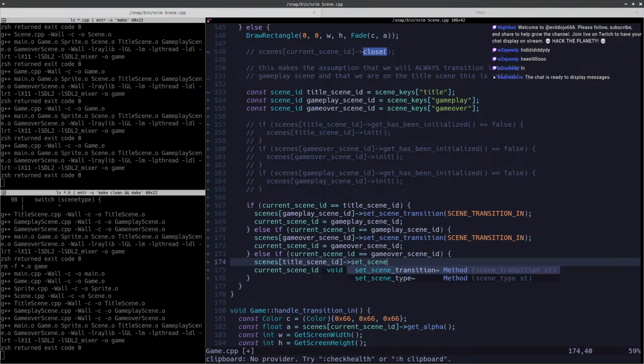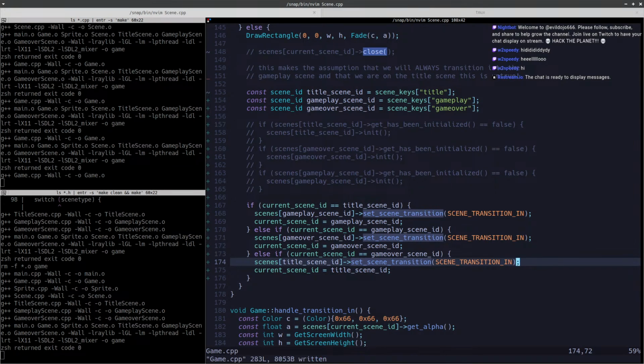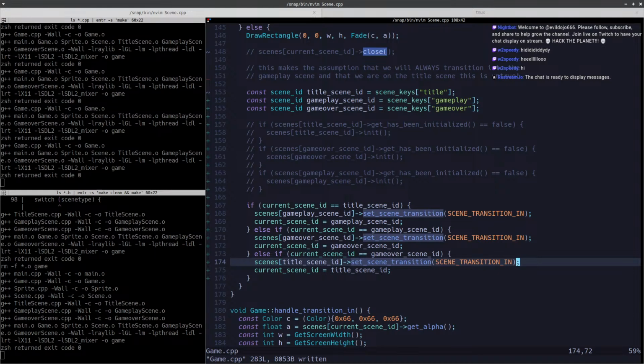As we guarantee that the scene transition is being set before we begin transitioning,